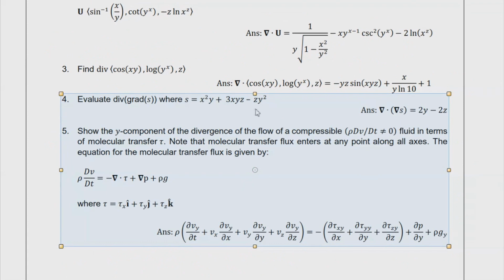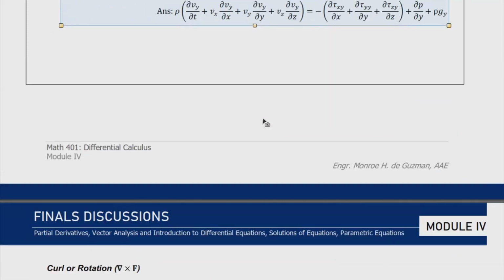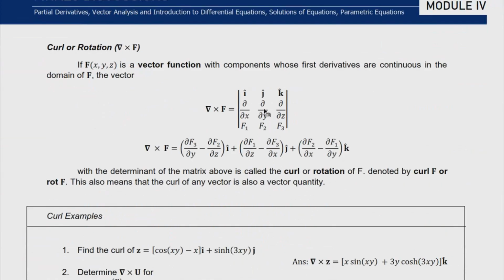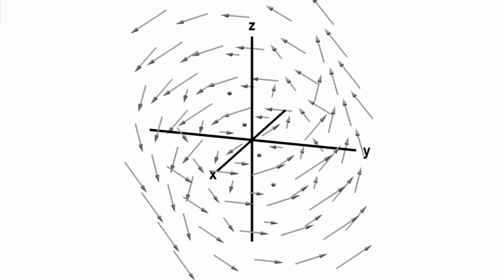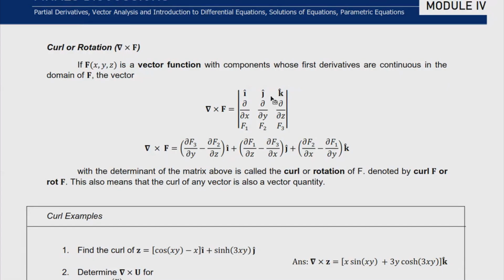Okay, and I think that's the final example for divergence. Okay, and then we proceed with the curl or rotation. So whenever we have a vector function with components which are first derivatives and continuous in our domain, we could simply say that the curl or the rotation of